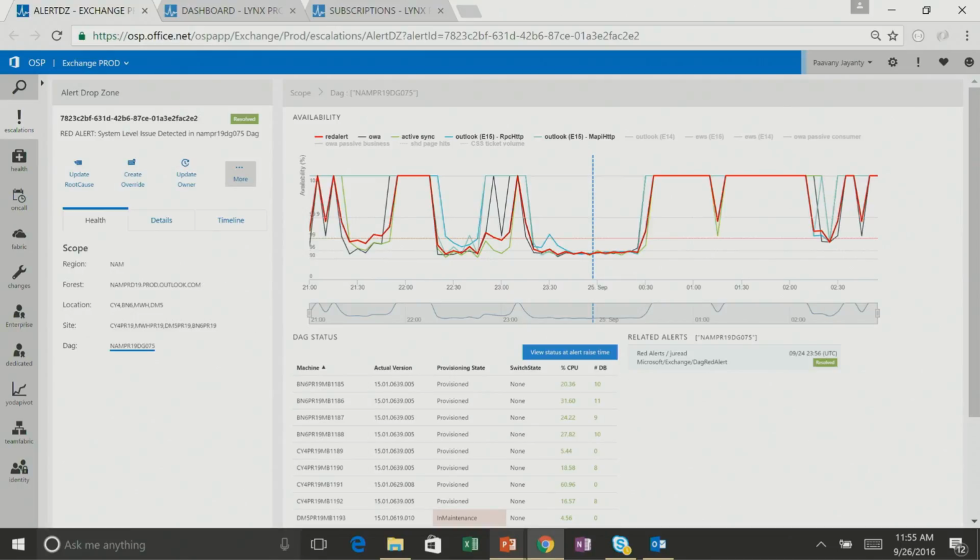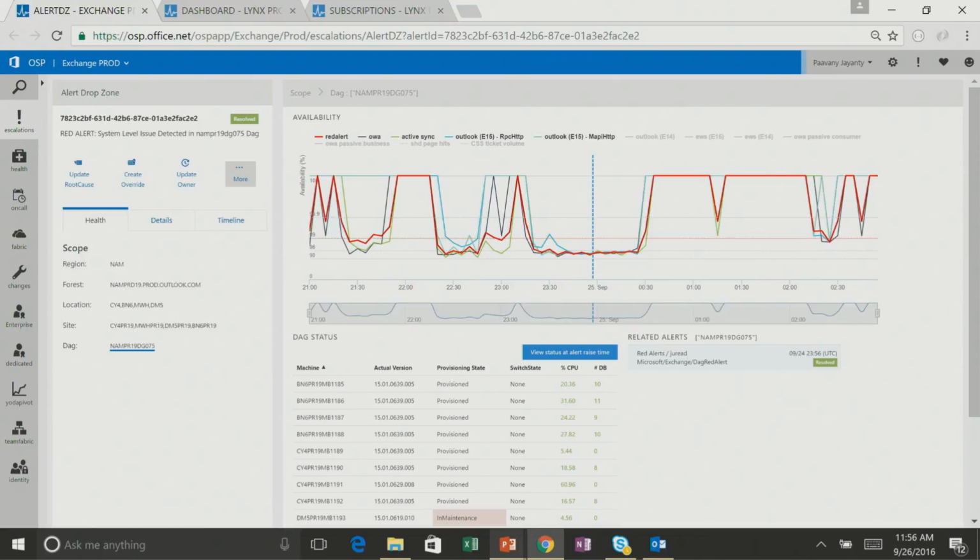Then I'd like to conclude by touching upon what all this means for you, what's in it for you. So let's get started. What you see over here in front of you is the tool called the Red Alert Drop Zone. You've heard a bit about our monitoring systems, red alerts, et cetera. When these systems actually detect a problem with our service, we fire an alert.